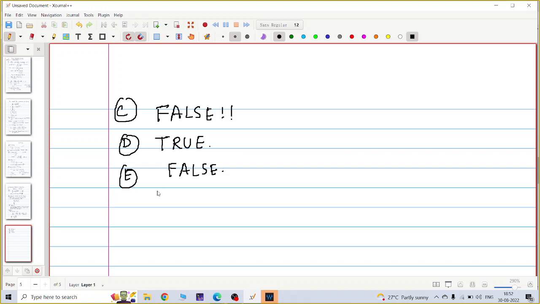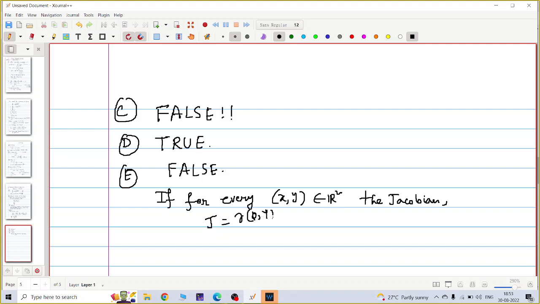That is false, because suppose for every x, y in R2 the Jacobian J, that is del (ξ, η) by del (x, y), is non-zero, then there may exist infinitely many PDEs for which the given families of curve